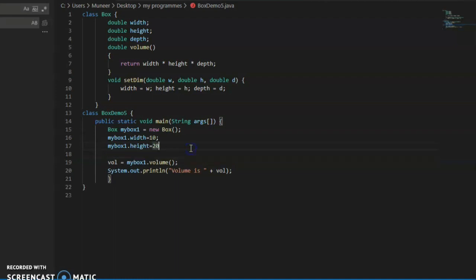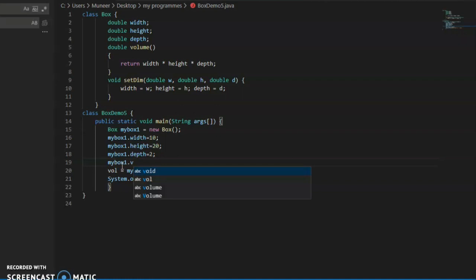Sorry, we should put the semicolon. mybox dot depth is equal to 2. Now you can execute mybox dot volume.